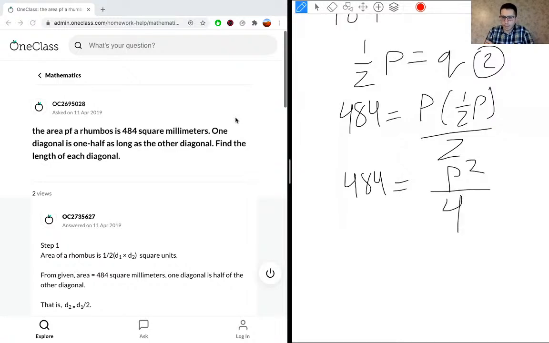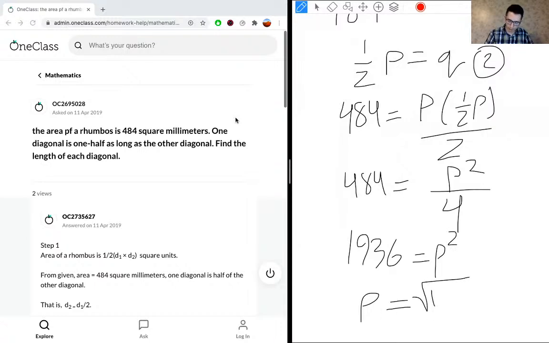So having that value, we have P times P, and multiplying the two P's gives us P squared. Then we have the half, so we can take the 2 and put it at the bottom of this fraction, which gives us 4 on the bottom. Then we multiply 4 by both sides of the equation, so 484 times 4 is 1936 equals P squared, and then P equals the square root of 1936, which equals